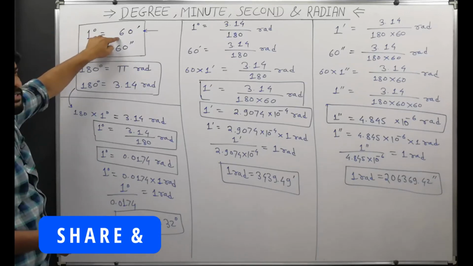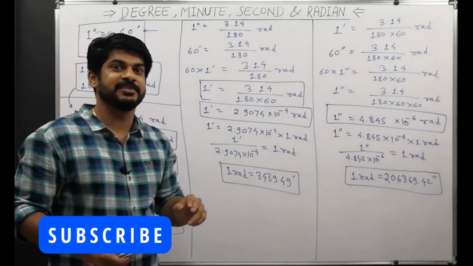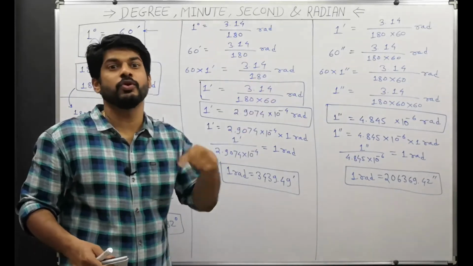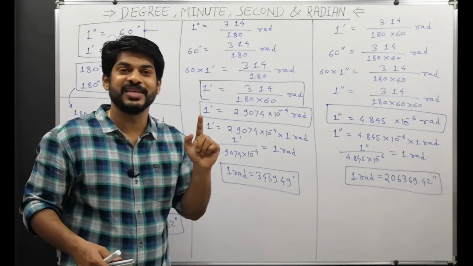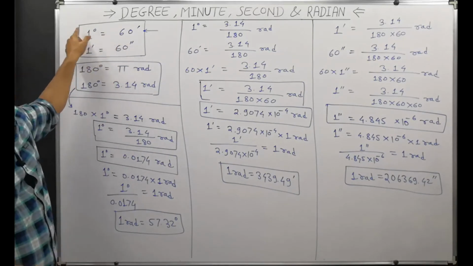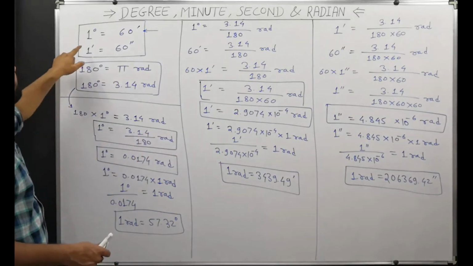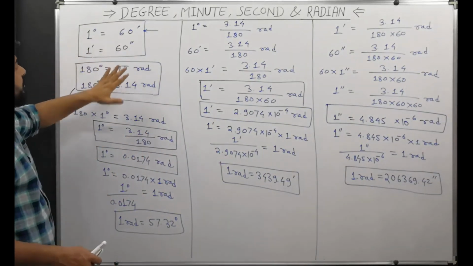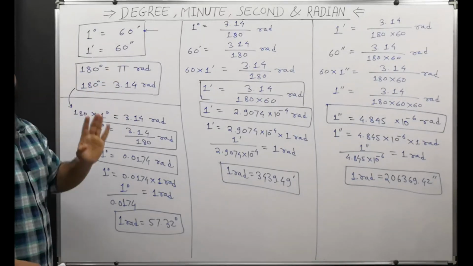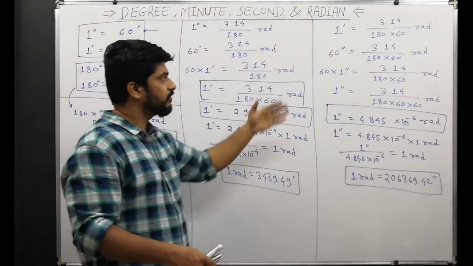1 degree is 60 minutes, 1 minute is 60 seconds. That is a familiar relation for you, your watch. 1 minute is 60 seconds, so you can remember that. And 1 degree is equal to 60 minutes. Don't relate that to your watch, it is a little bit different over here. But you can remember these relations, this one also: 180 degrees is 3.14 or pi radians. Just use these and now you can find out.